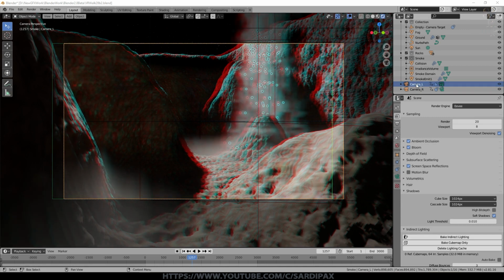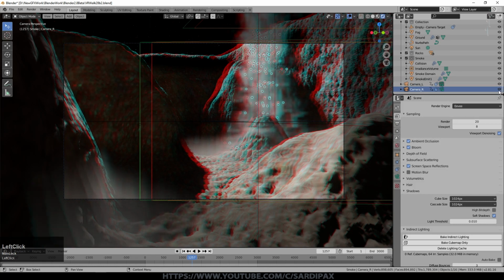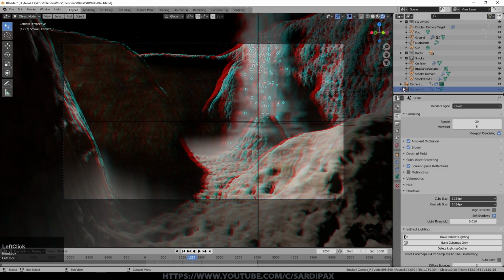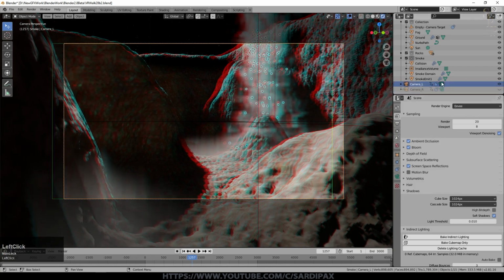Now I do have a left and right camera up here, but in actual fact I don't even need one of those cameras because of the settings I've used. You can do this with two cameras, or you can do it with just one camera. I started off with two and that worked quite well, but then later on I just switched to using just one camera and that worked fine. So I'm not going to get into how to create the scene itself. That's fairly straightforward. I'll just show you what that looks like.